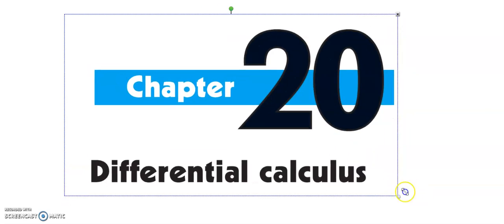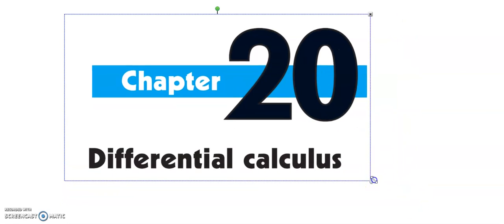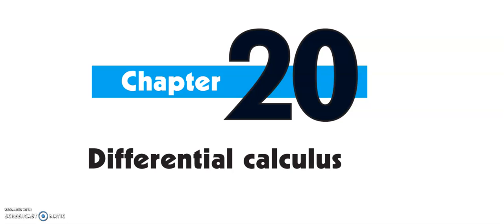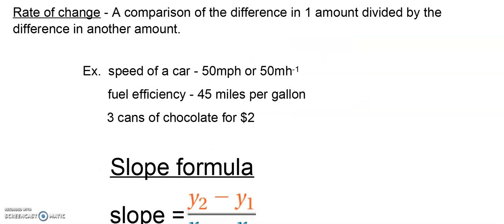Chapter 20, Differential Calculus. Okay, so what is differential calculus? Well, the first thing we have to do is review a little bit. This goes back from Algebra 1. The first thing we're going to talk about is something called a rate of change. A rate of change is simply a comparison of the difference in one amount divided by the difference in another